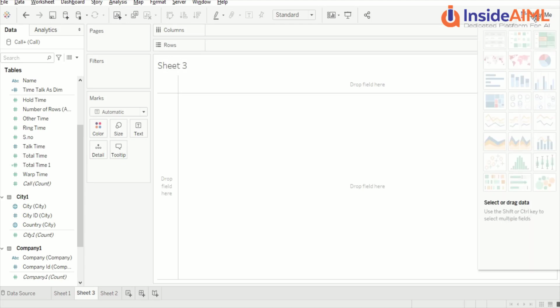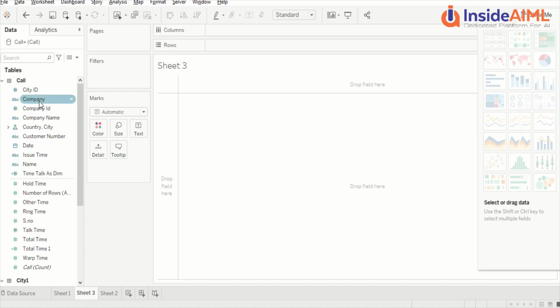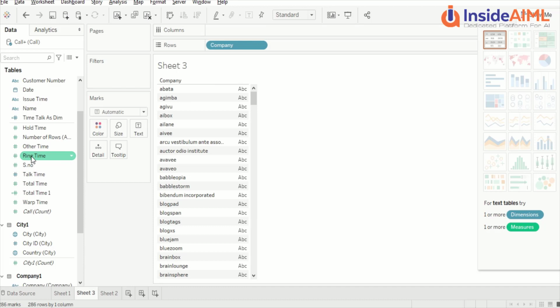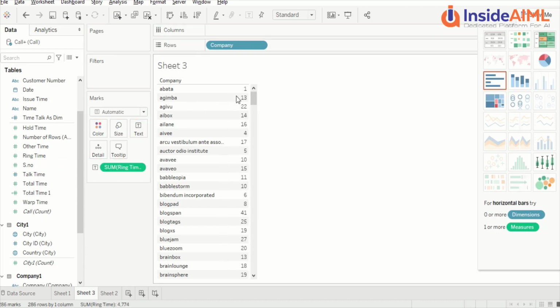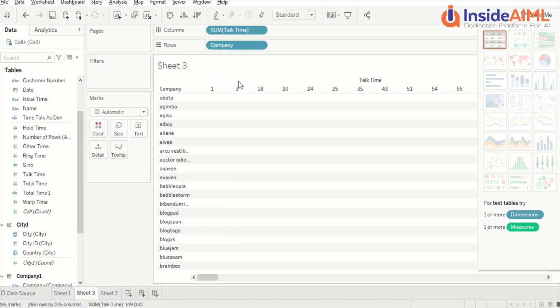Now let's explore more visuals. Let's say we wanted to bring the bar visual. We have seen how to build it quickly, but let's go ahead and look at it. So again, let me drag company out here, and in the company, let's go ahead and drag talk time. Now this is a visual. If you remember, if I would have dragged talk time, it would automatically create a visual like this.